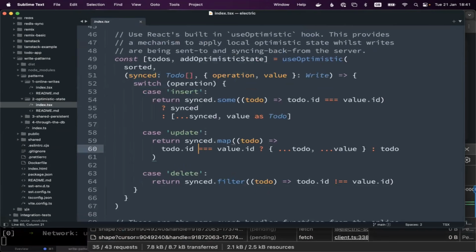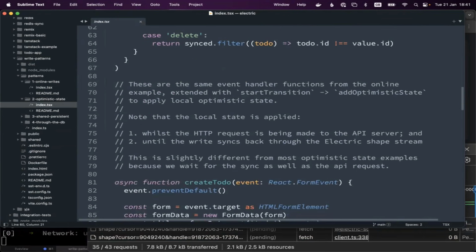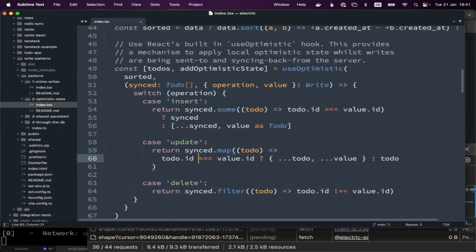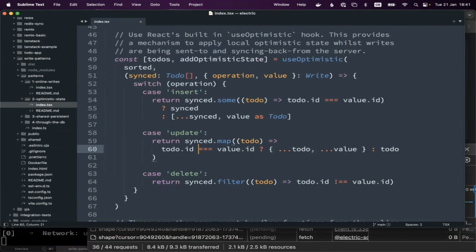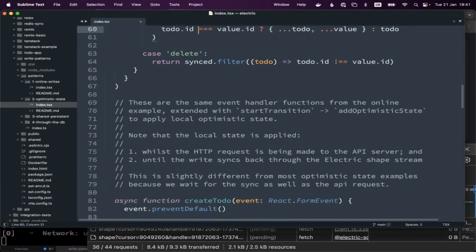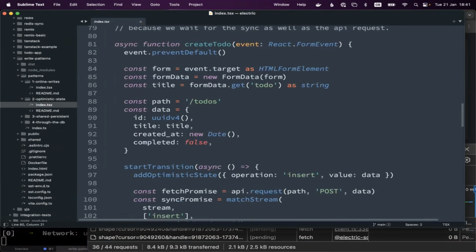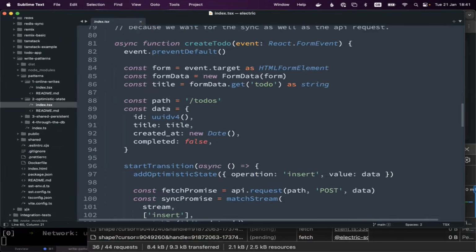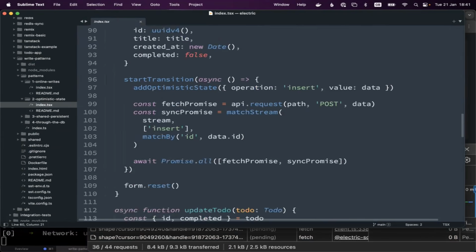If it's an update, you patch the properties. And if it's a delete, you remove it from the list. And this is very standard stuff, right? It's now built into React. It's a kind of blessed pattern. It's very common. It's maintained.